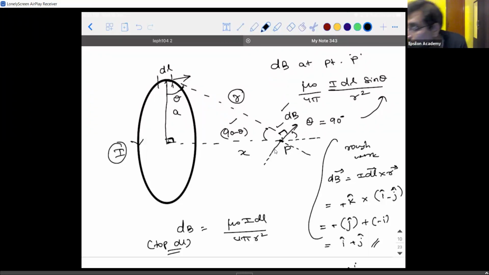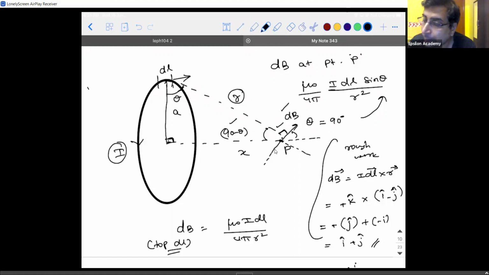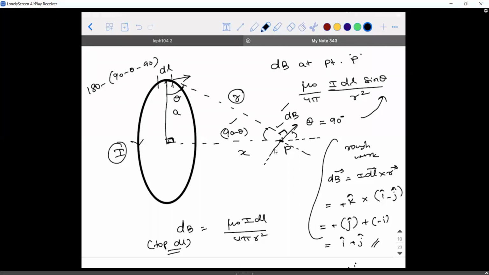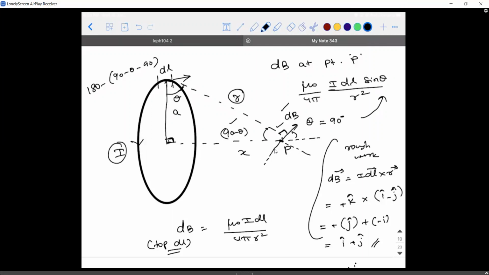So I already told you it is a tricky part. I want you all to see 180 minus theta. It is 180 minus of 90 minus theta minus 90. Oh, okay, sorry, 90 minus theta plus 90. You're able to understand, okay? Because this is 90 minus theta, this is 180. So the answer will be theta. So this will also be theta. Okay, clear, guys? Yes, sir.